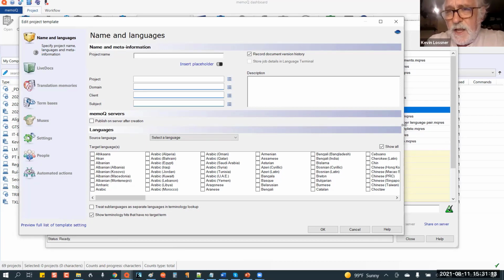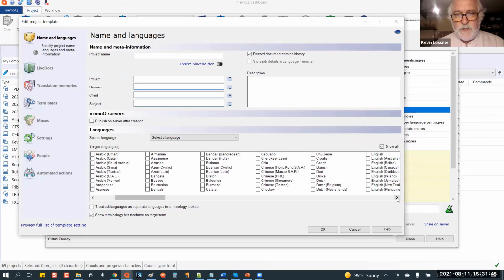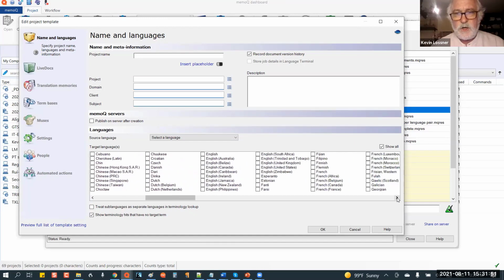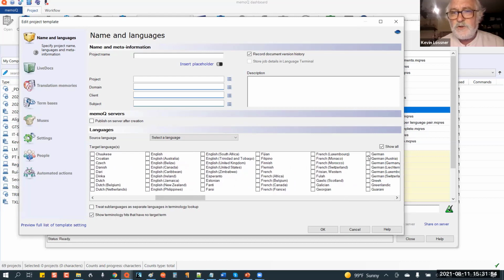But for project managers at a translation agency, this is a rather common scenario that you might get a document, say in English, and need to translate it into French and Portuguese and Italian and Spanish. And so his particular wish was to have a template with no source language specified, because his source language that he might get in the document might be Portuguese, it might be English. So he would just kind of leave that open. But he wanted to make sure that it went into certain target languages. So, for example, German,